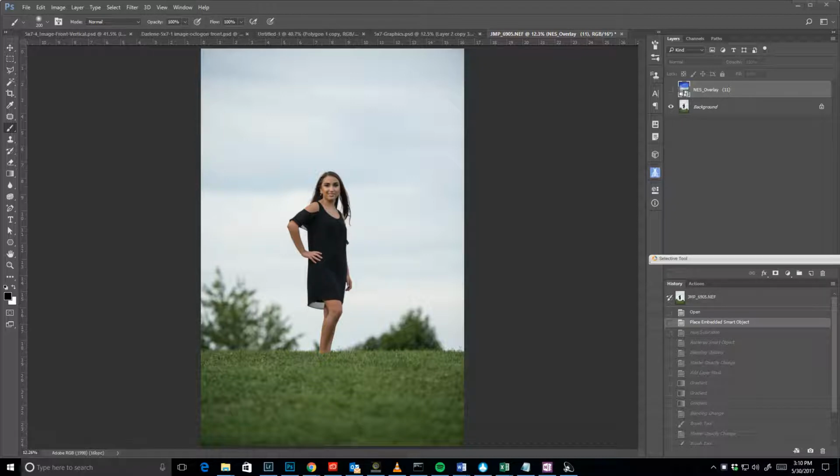Today's quick tip tutorial is working with the blend if option in Photoshop. I use this to enhance the background or a blown out sky. This one's not completely blown out, but if you want to add a little bit more to it, that's when I would use the blend if. Or if you do have a completely blown out sky and you want to add some detail back to the